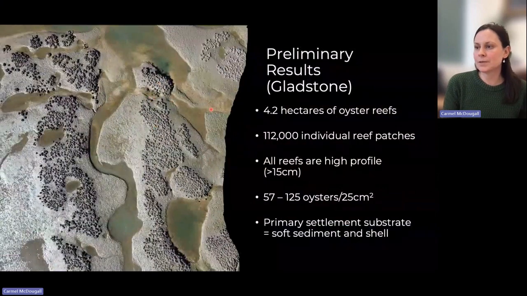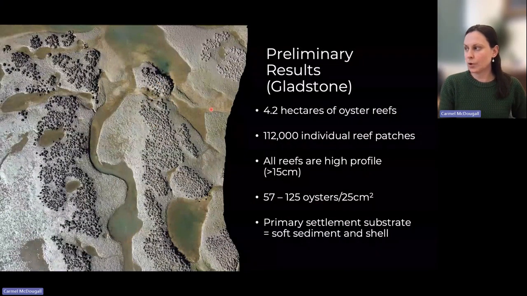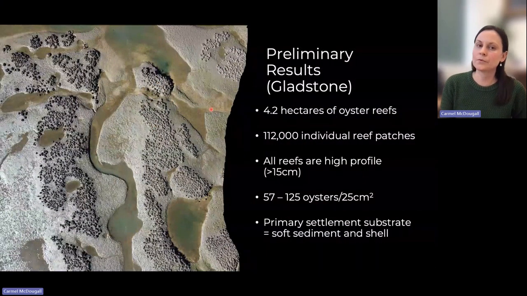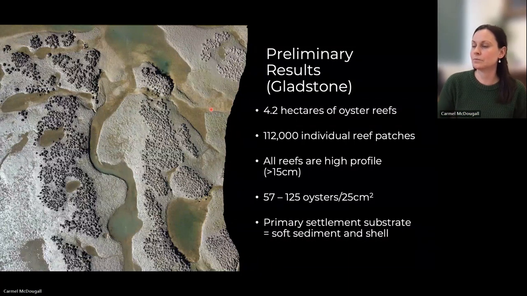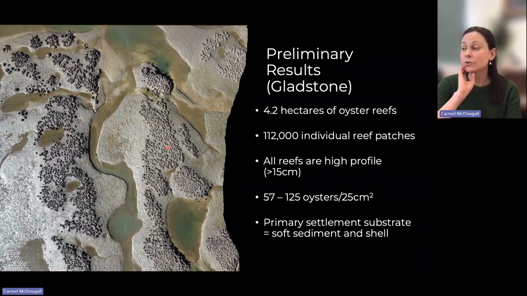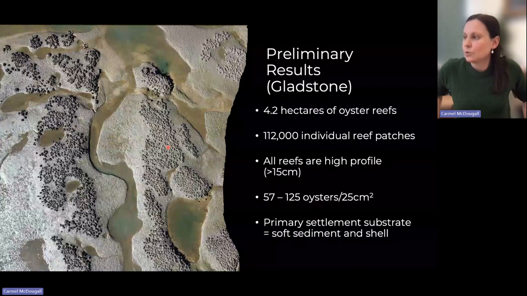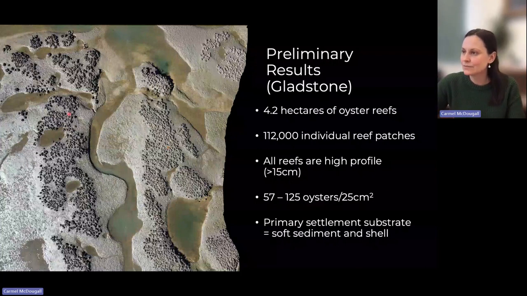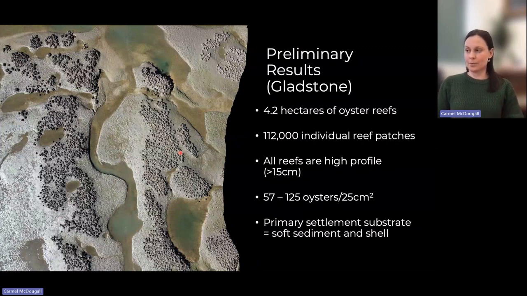So Marina's busily trying to finish off her PhD at the moment within the next couple of months, but we've got some preliminary results from Gladstone. By looking at this drone footage, we can summarise that we've got about 4.2 hectares of oyster reefs with over 100,000 individual reef patches. They're all quite high profile, emerging more than 15 centimetres from the substrate. They've got very high density of oysters, and the primary settlement substrate is soft sediment and shell, which is